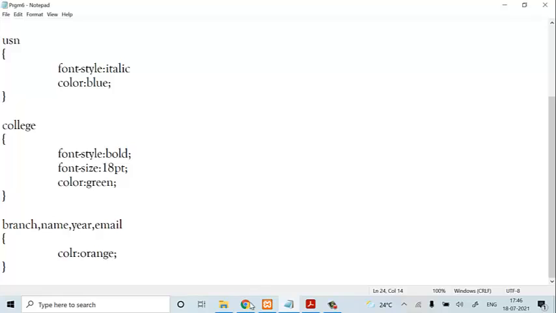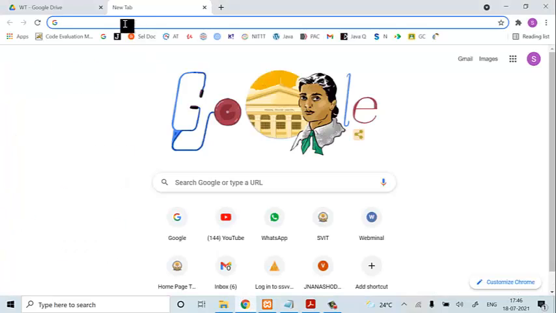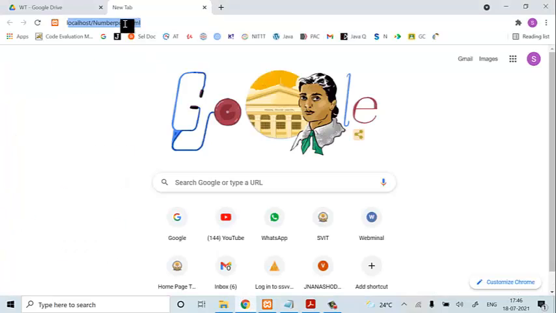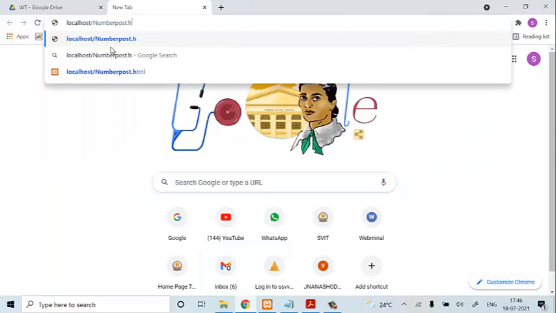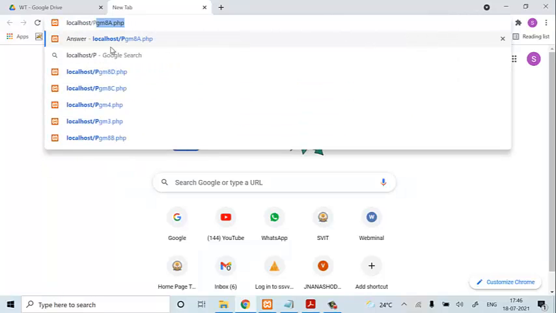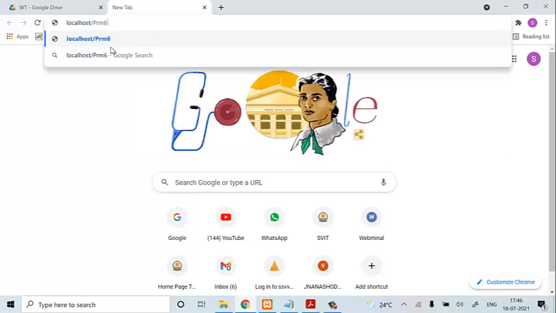Now it's done. Now go for your browser and you execute and see. Localhost pgm6.xml.